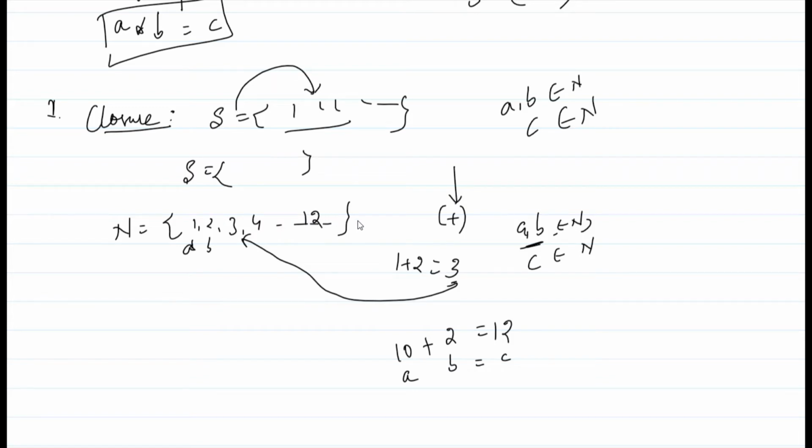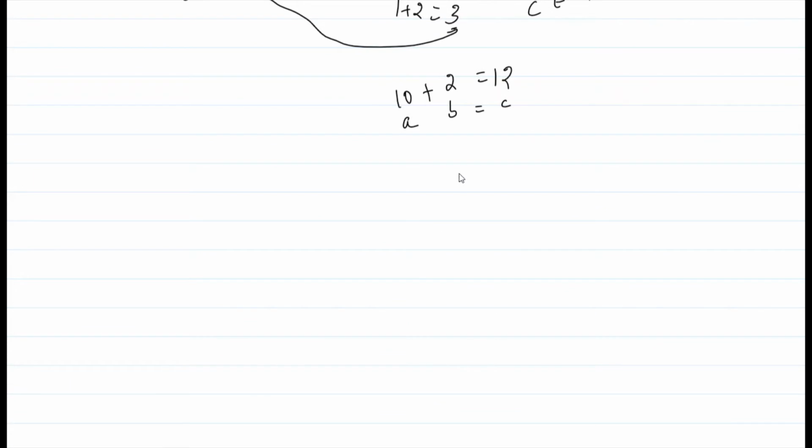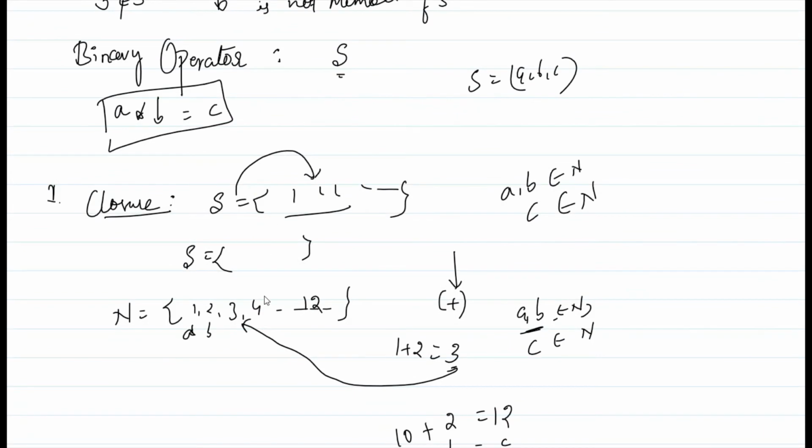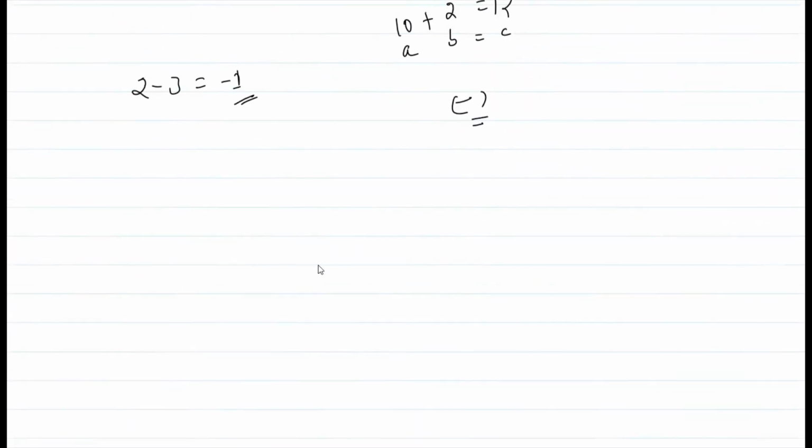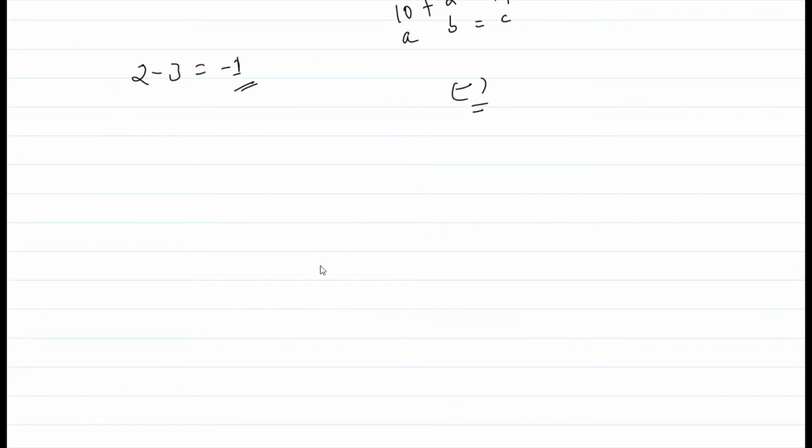And this is not the case with the binary operator minus. You should not do this, because if you use this binary minus operator, say for example, 2 minus 3 is equal to minus 1. This minus 1 is not present in the set of natural numbers, right? So that is not true in the case of the minus operator. I think this closure is clear to you, right? The next term I have to give you is the associative law.